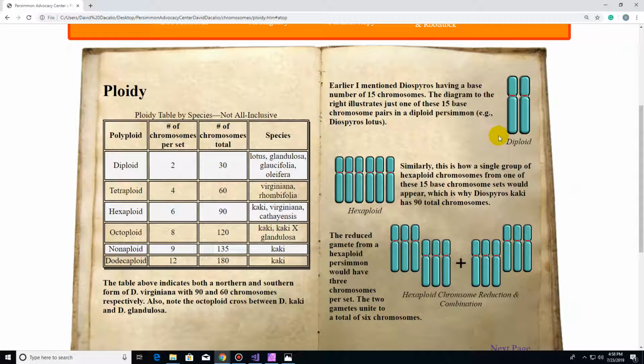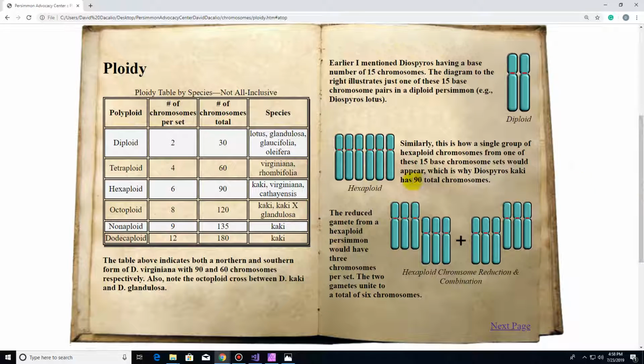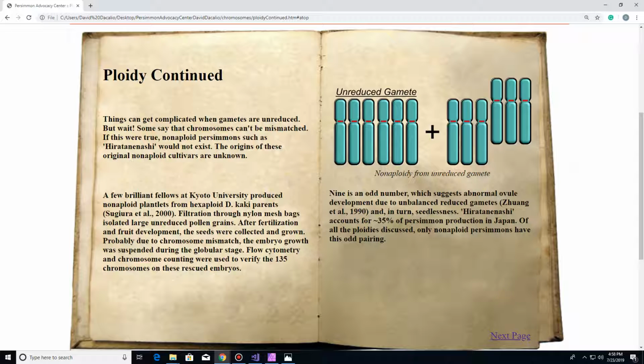And this is a Jello layout, I believe it's called, and I chose that just because I didn't want to fight with moving everything around. And as you can see, here's my table, I did a lot of illustrations, and it's mostly chromosomes to explain some of these concepts. Anyways,